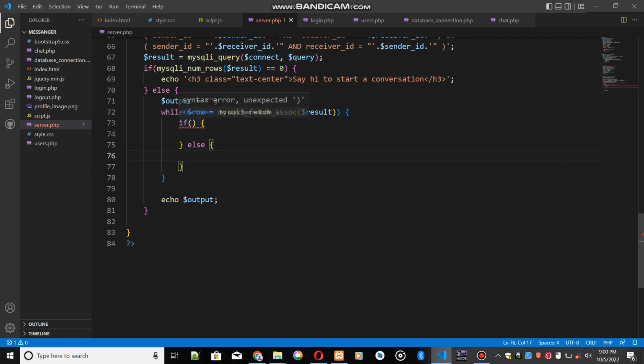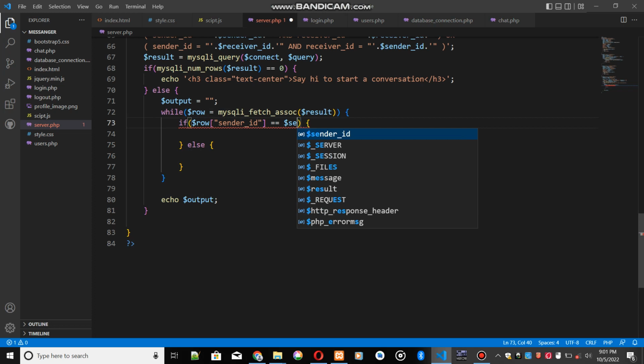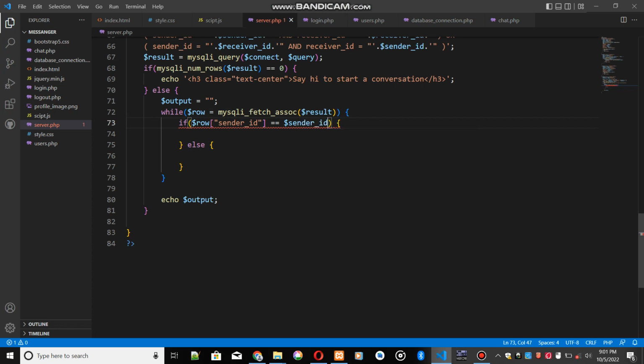just here. So we're going to be checking the row of the sender ID. If it matches the sender ID that was sent along the fetch request to the server.php file, then if the condition is true, then our server.php file now knows that the message is actually an outgoing message and the message was sent by us. So now what we need to do is grab your output variable, increment it by this,